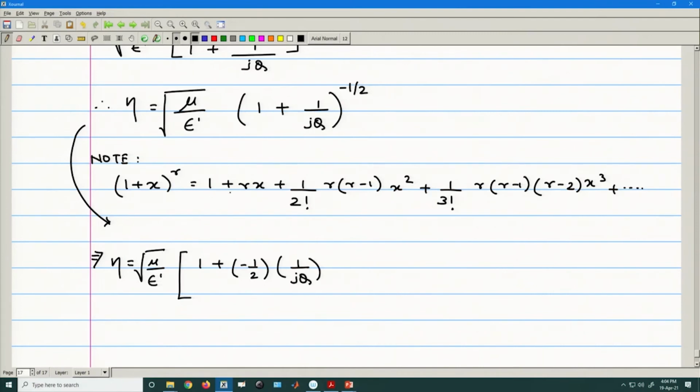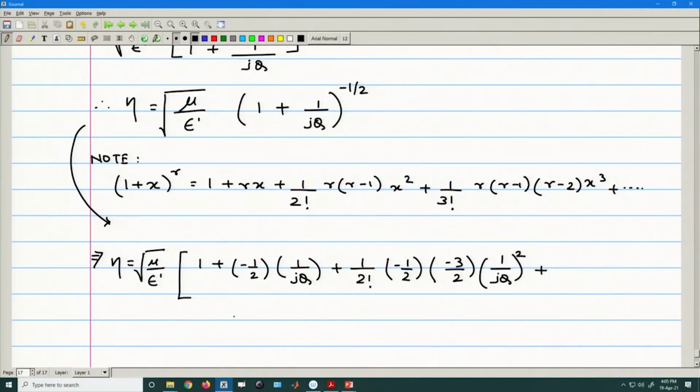So we have 1 plus r x, next we have plus 1 upon 2 factorial. So 1 upon 2 factorial and then r is again here minus half. So r is minus half, r minus 1 will be minus half minus 1, that is minus 3 by 2, and x square will be 1 upon jq square